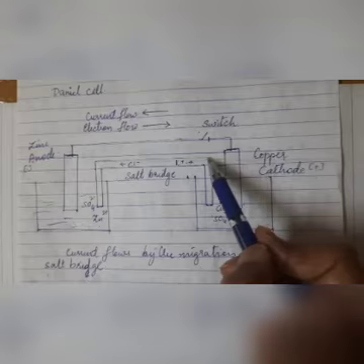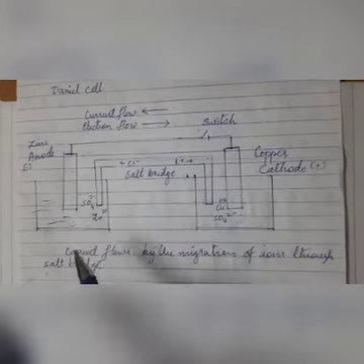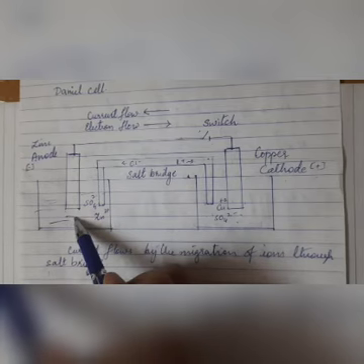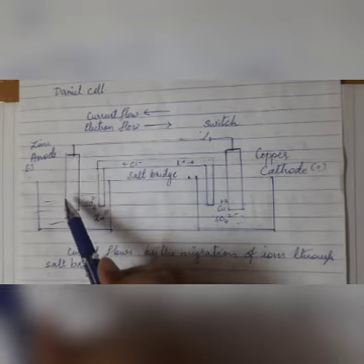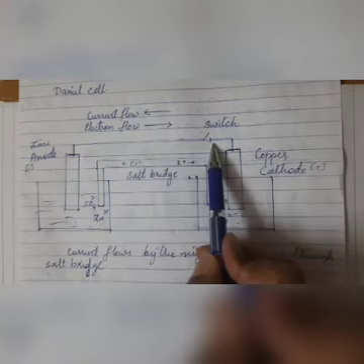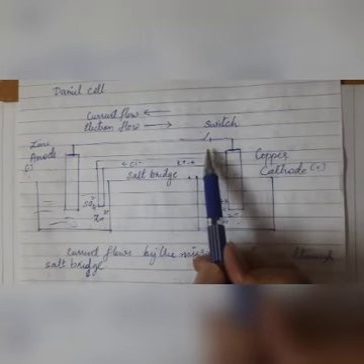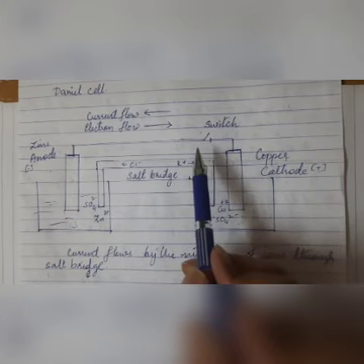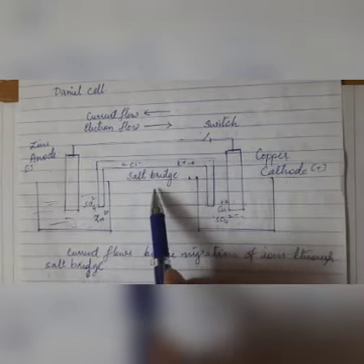So in this way we have the Daniell cell, where you have the electrode potential, that is the potential developed between the metal and its solution. The circuit completes when you put on the switch. Unless that is done, there will be no flow of current, and hence this explains the Daniell cell.